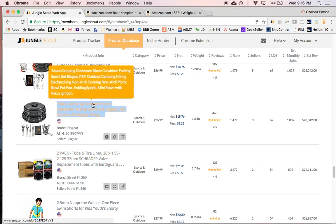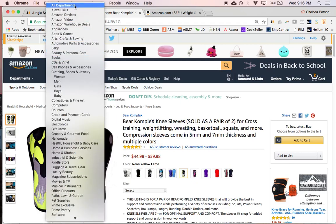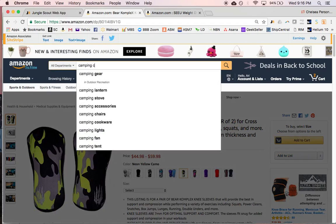Okay, so now we know what our top level category is, but we want to always set this to all departments, and we're going to type in camping cookware cooking set. That's a good keyword. By the way, I forgot to mention that when you start typing in your keyword here, I recommend actually typing it, because you'll get ideas from Amazon. They will tell you what people search for,